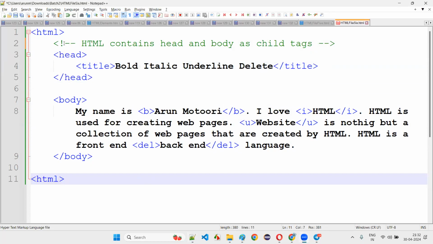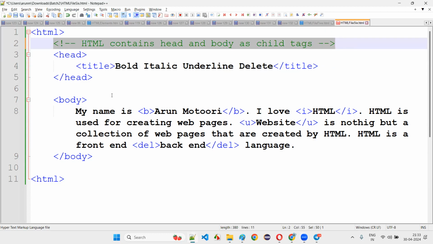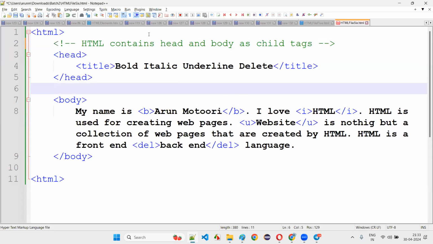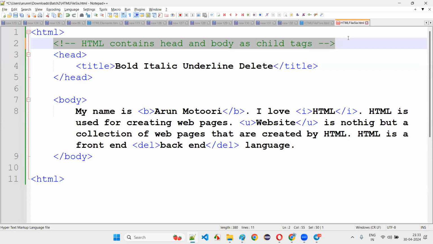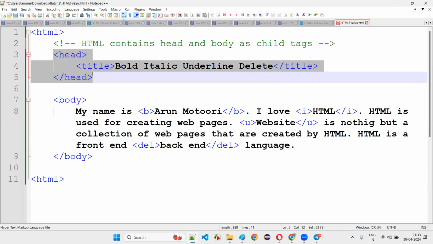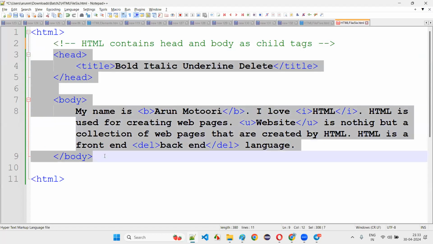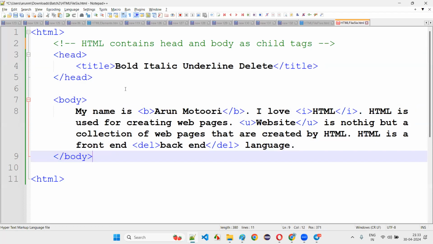What if I ask you to provide the comments here, so that in future, whenever you come back and look into this HTML code, by looking at the comments you can understand the code? Yes or no? Comments will explain the underlying code. Got it, guys? One of the purposes of the comments is to explain the underlying code, whether it is in HTML or in core Java. We have comments in those too.